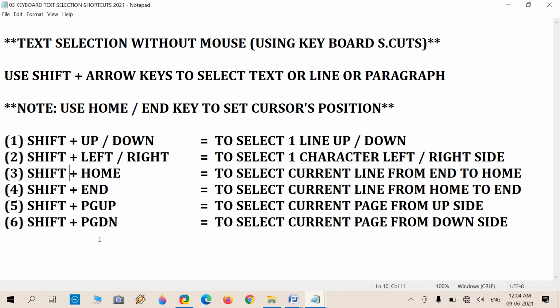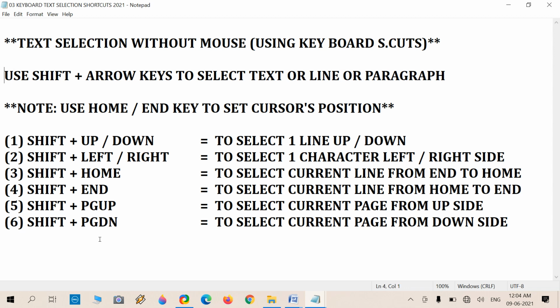Now what is the use of the Home key and End key? Using them with Shift, we can select the current line from end to home and from home to end. What is home and what is end?